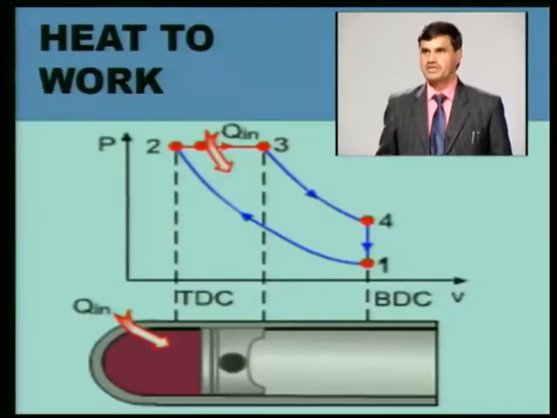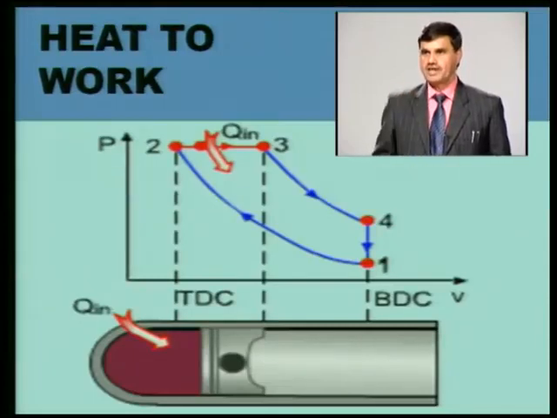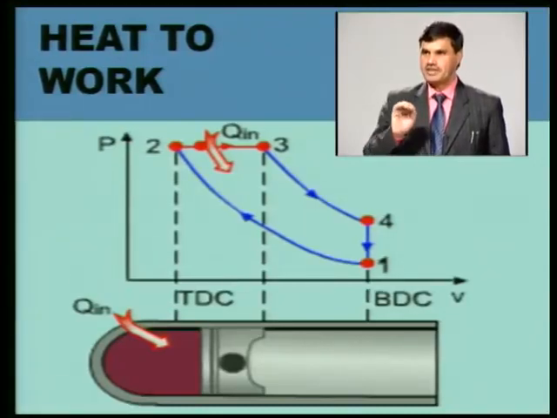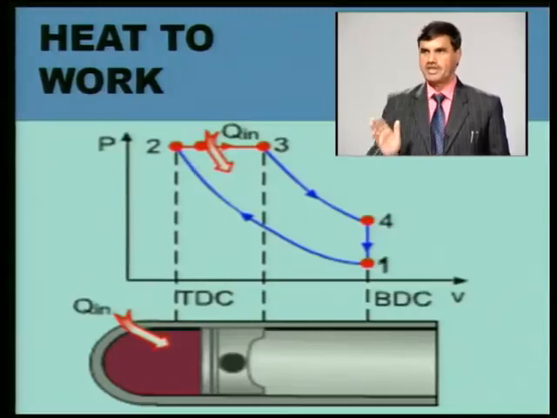Even the heat addition process may be like this also. Again there is a cylinder piston mechanism, the colored view which is visible, again it is air, and the heat source is outside, which I am calling Q in. Q in is given in such a way that the pressure inside the cylinder goes from 2 to 3, again on the pressure volume diagram, where TDC and BDC positions are shown. TDC stands for top dead center, BDC is bottom dead center. Between these two limits the piston reciprocates.